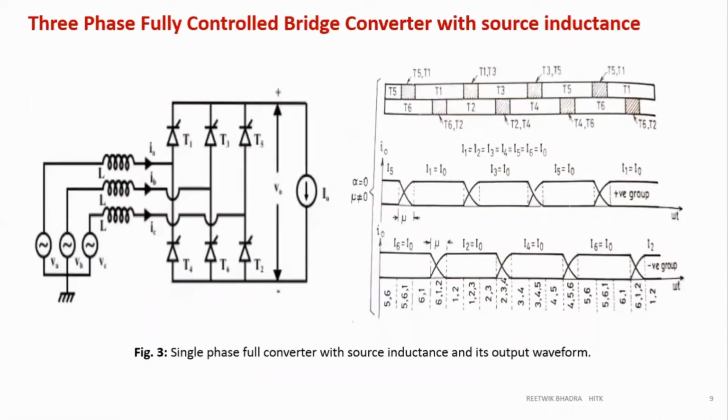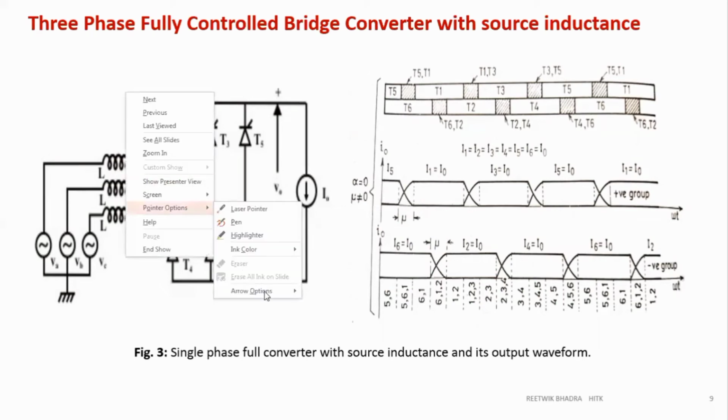Now going into three phase, we'll do a short go through this three phase. In the three phase also, we can have the effect of source inductance. So over here we had calculated our average value. So from that average value, some factor will be reduced. So what is the reduction in that factor? You see the current is considered constant over here.